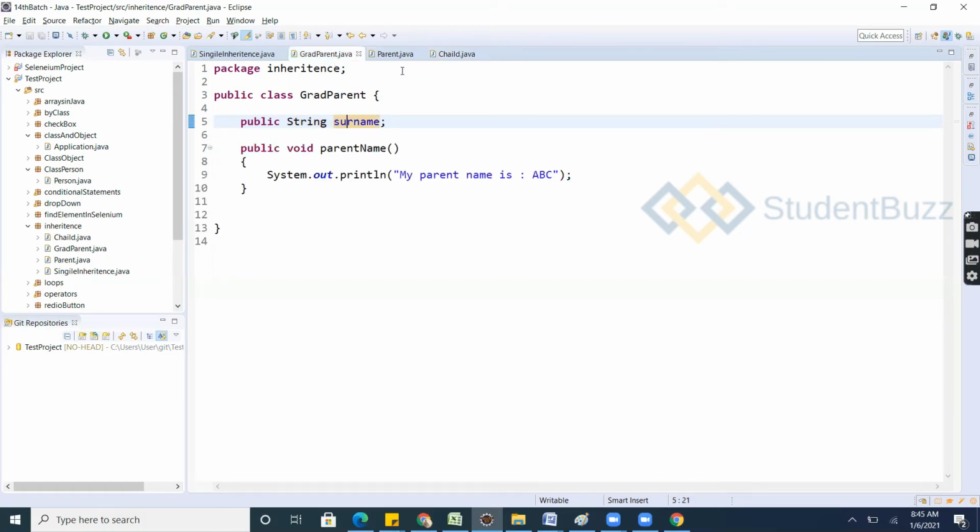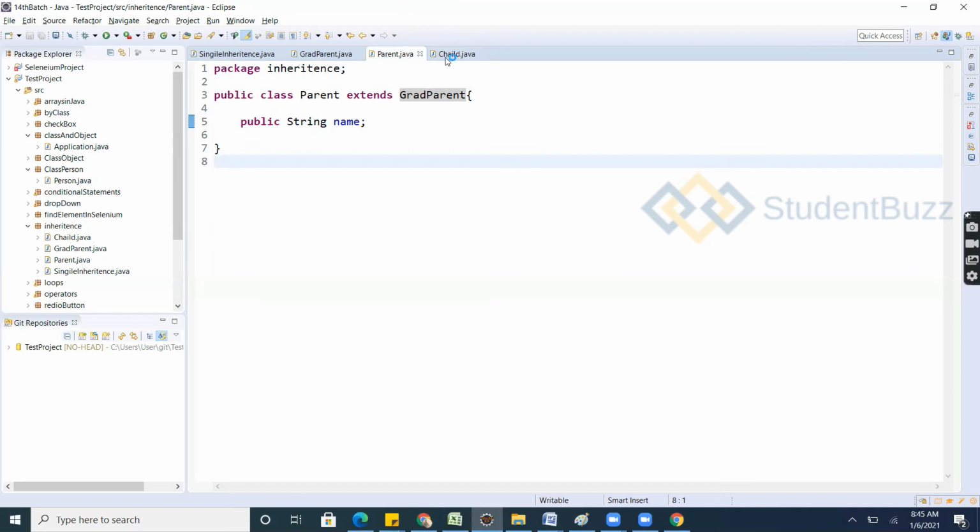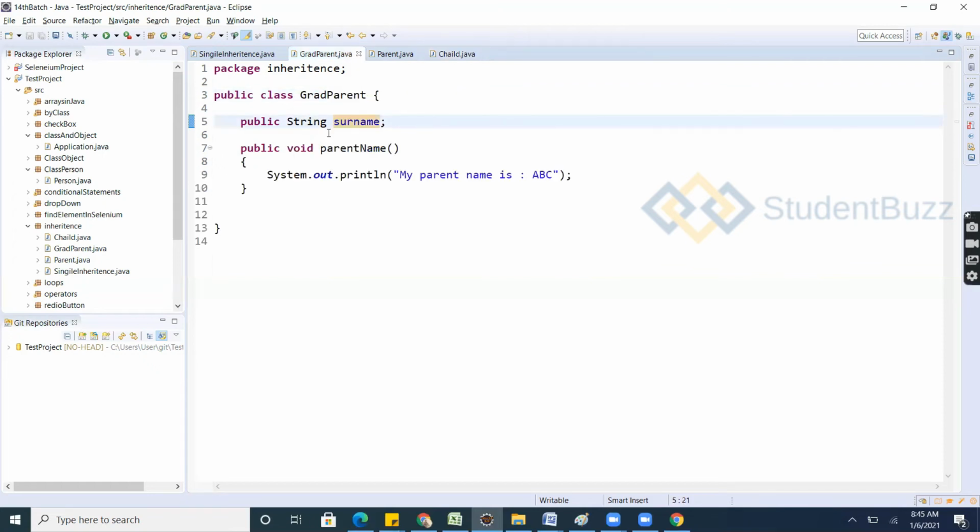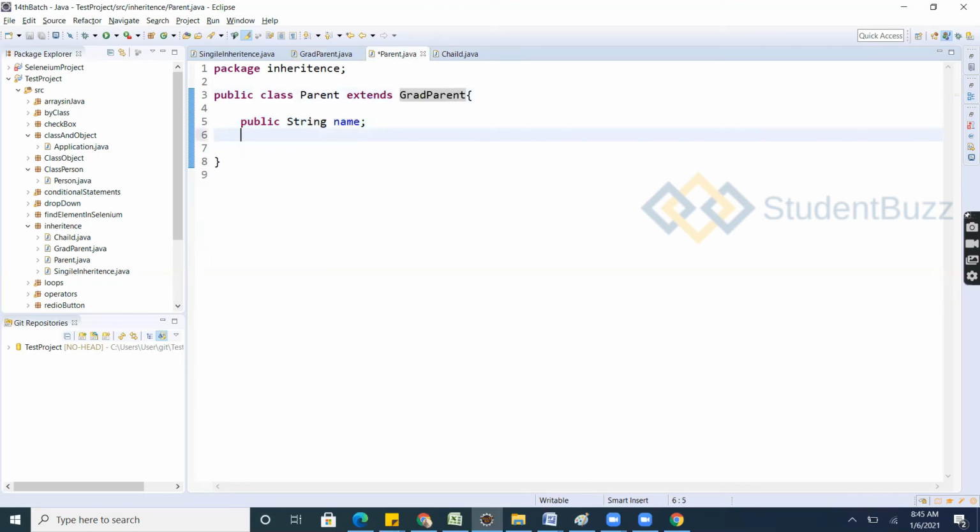So here the grandparent is already extended to the parent, and the child is extended to the parent. When he wants to access the surname, what does he need to do? Directly you can use this parent class object. How have we done that?